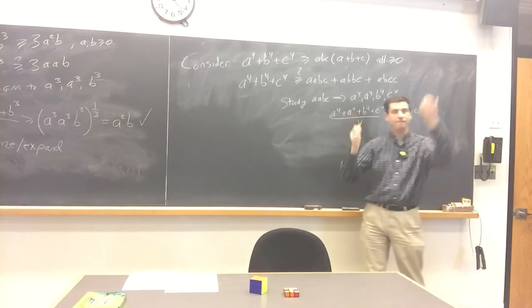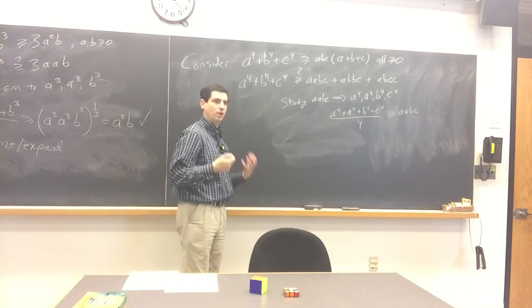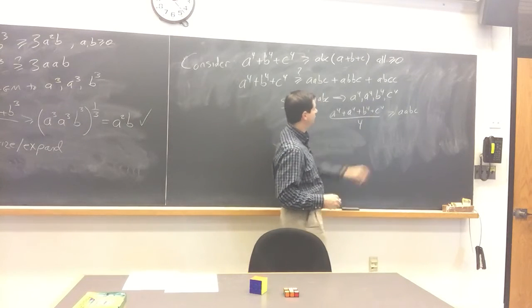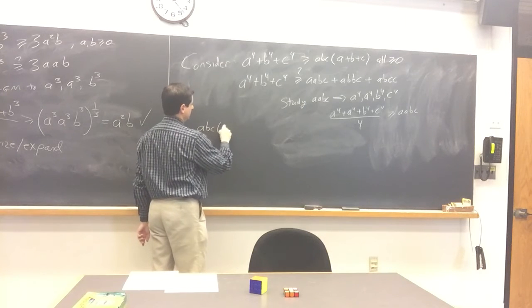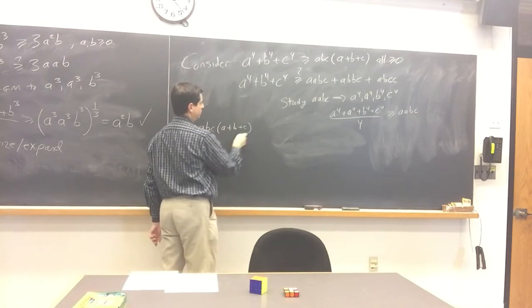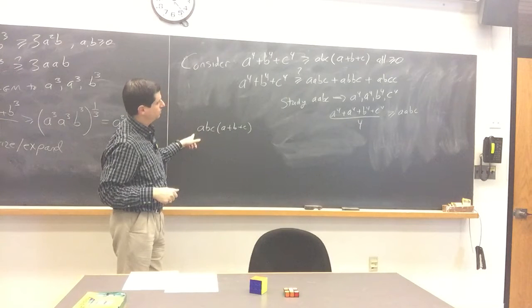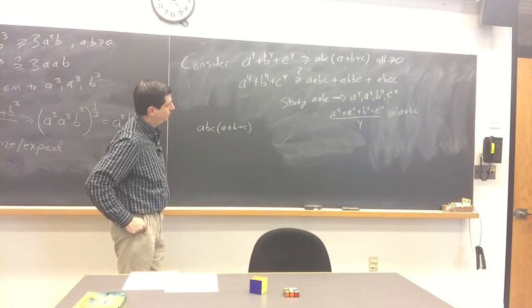So the idea is find a part of the problem that you can focus on. And once you work with that, then try to go backwards. So we would have something like this for all 4 of them. So we would know that the a plus b plus c, oh, we only have 3 terms. If it was for all 4 of them, we could have. Okay, I think it'll work. Okay, so if we do this,